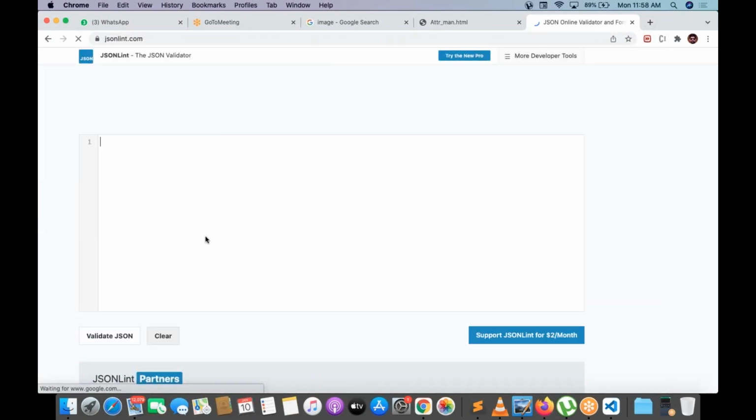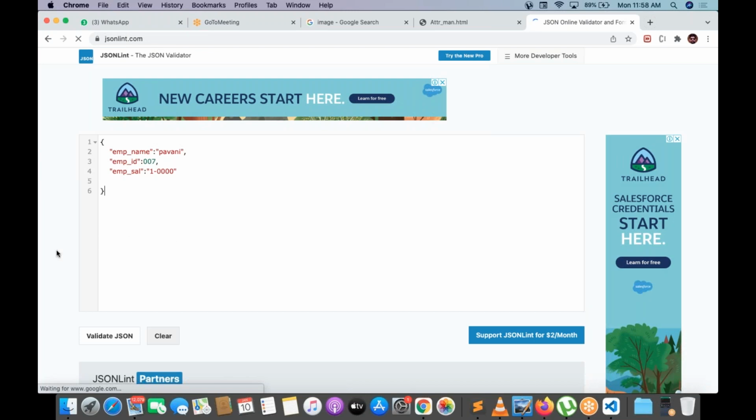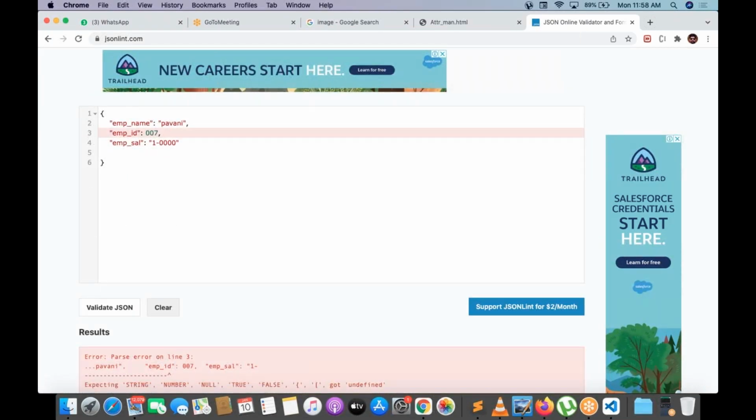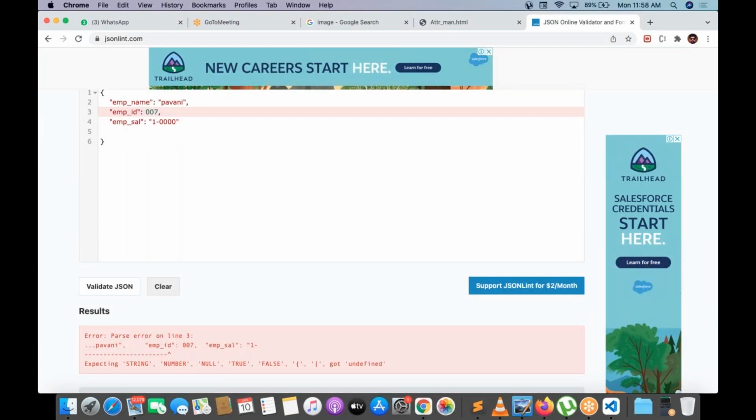There is a website called JSONlint.com. Copy and paste your content and click on validate JSON. So validation is not done. What is the problem with the validation? Where is the problem? Employee ID 007 is not being identified. Why? Maybe the problem is that ID is not accepted.